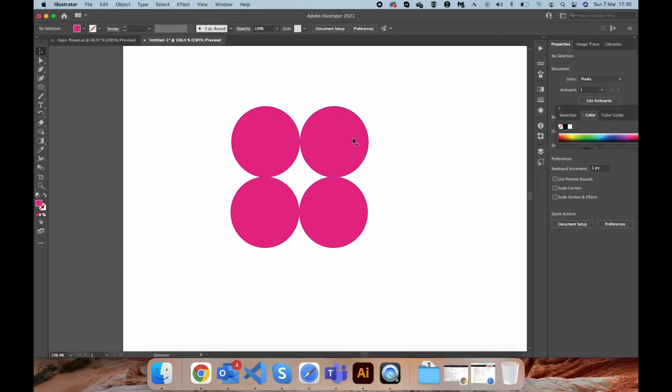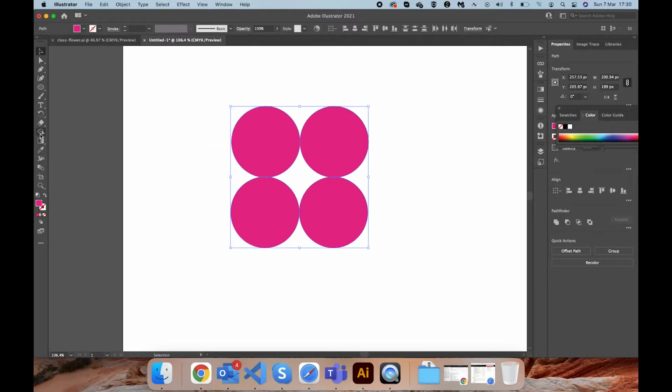Yes, so after we have drawn the 4 circles, just select all of them and then use the shape builder tool to merge all these into one single shape. Okay, now we have something like this,